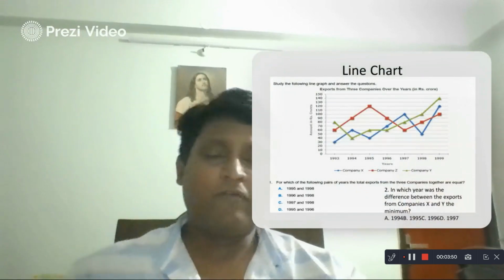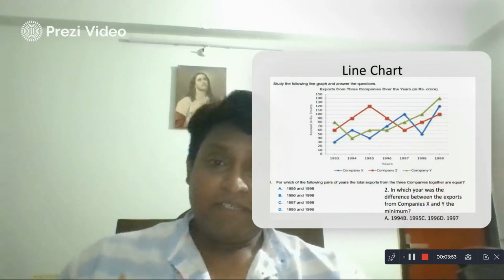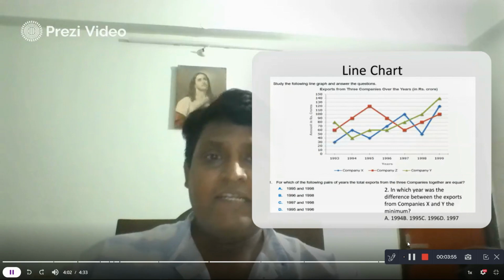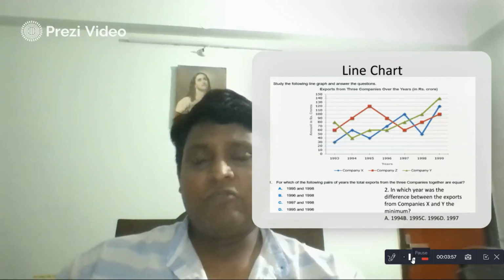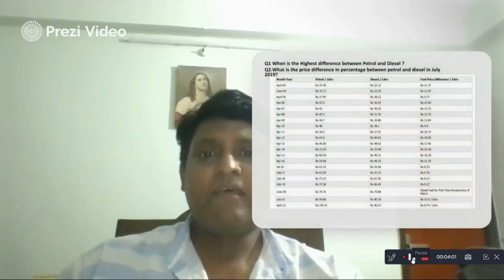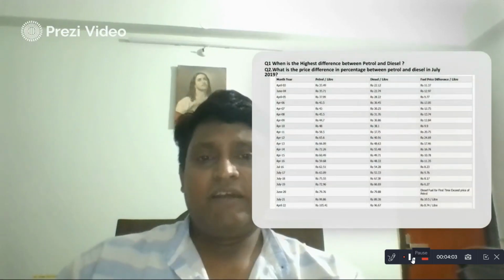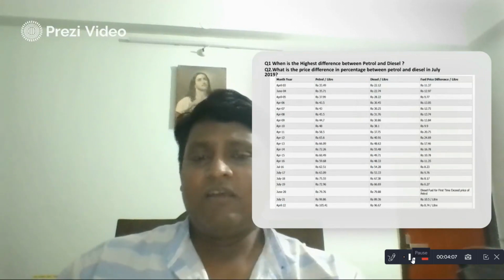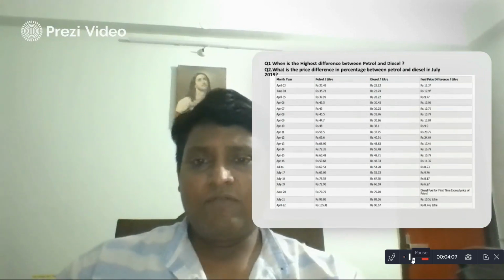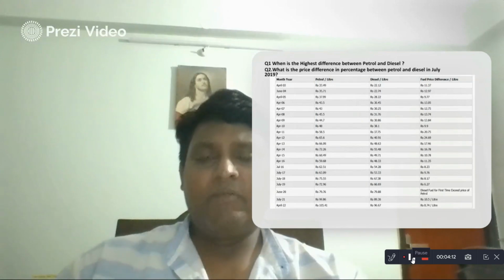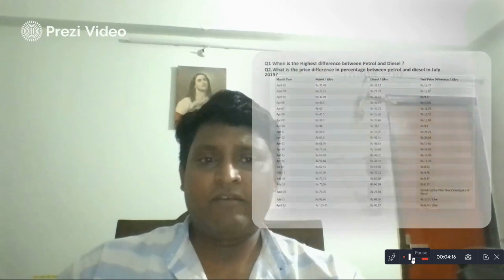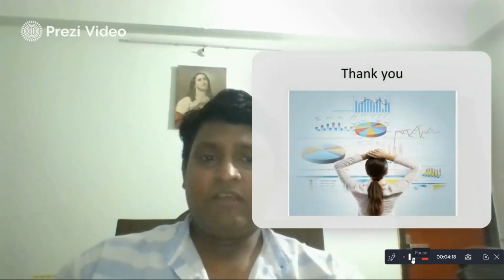This is another example of data representation where a student can easily interpret after just going through the image. This is an example of a line chart. This data is a bit confusing, but a person who has a certain amount of knowledge, maybe a research scholar, or an undergraduate or postgraduate student of statistics, can easily comprehend it. So I hope I have made it clear.